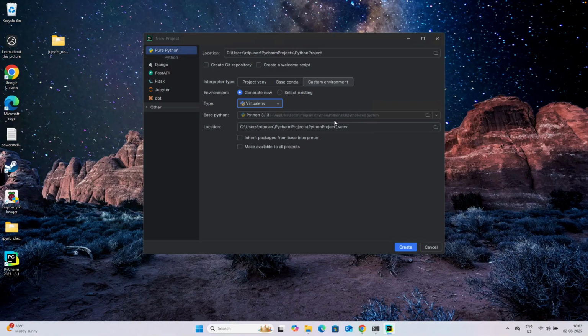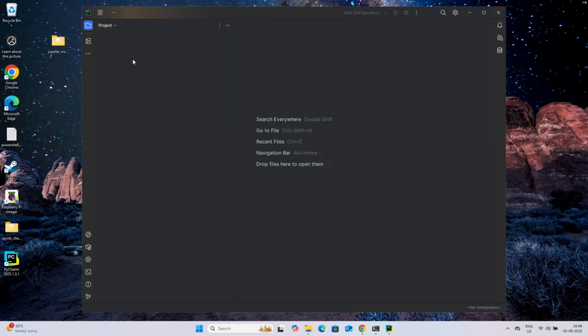So base Python is what is installed on our machine, the 3.13.5 version. If you want a different version, you can also click the desired one, and that will download, and you can use it with PyCharm. All you have to do is create a project in your desired folder, choose custom environment, leave these as they are, generate new and other stuff, and click on create.